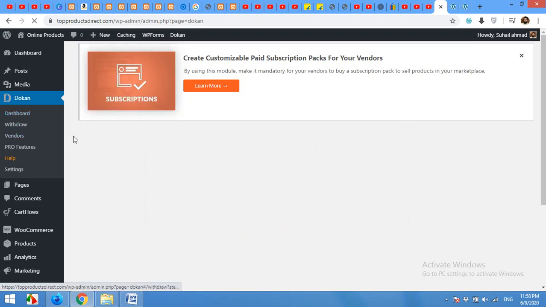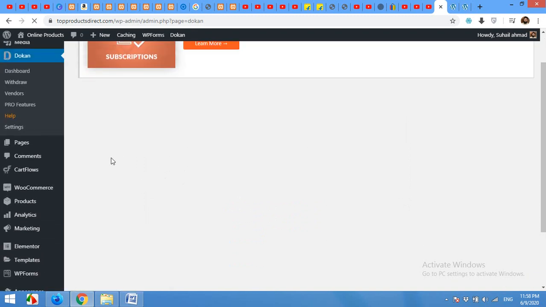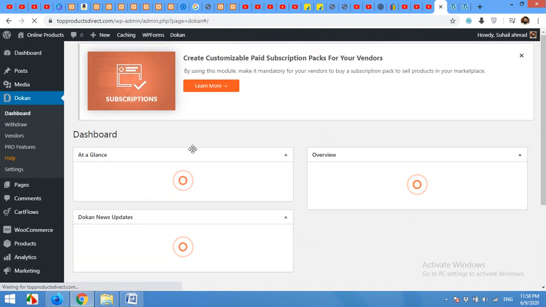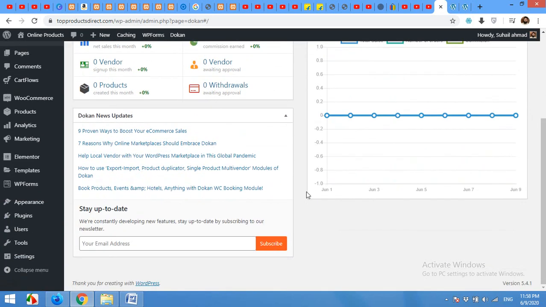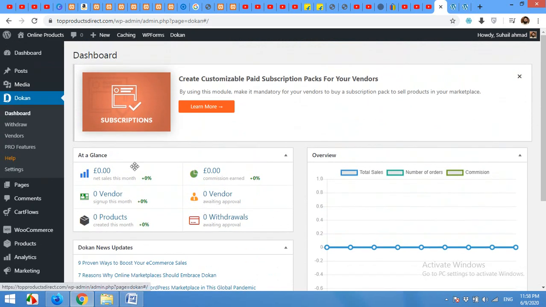Okay, the dashboard will show you the stats about the number of vendors, the number of sales, the amount in your account, and the amount you owe to vendors. So these are only the stats.